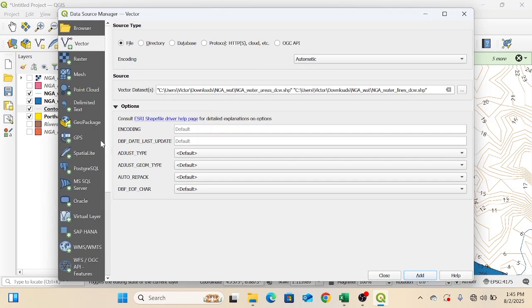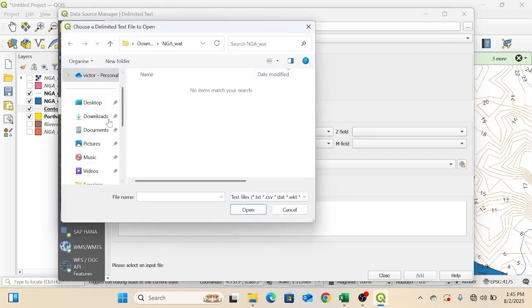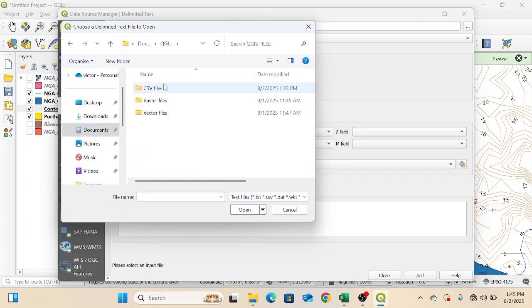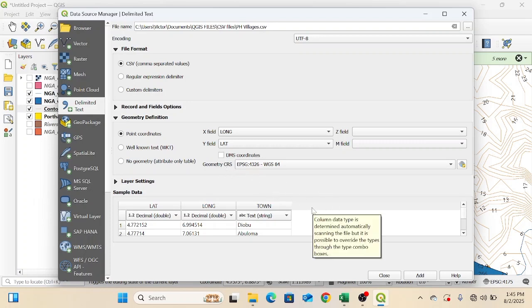Go to text delimited, you browse for the file. I saved it under document, QGIS file, CSV comma delimited file. Port Harcourt village is the X field, is your longitude, and then the Y field is your latitude. Then the geometry CRS. CRS stands for coordinate reference system. We have different coordinate reference systems, but the geometry reference system is WGS 84 and the CRS is